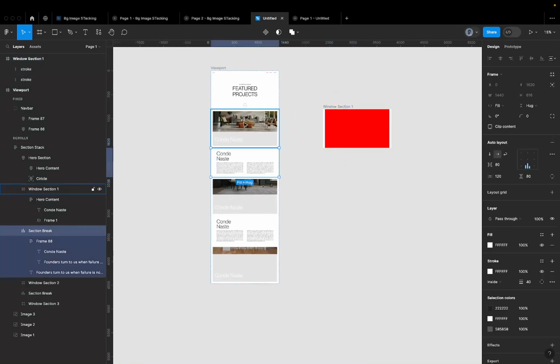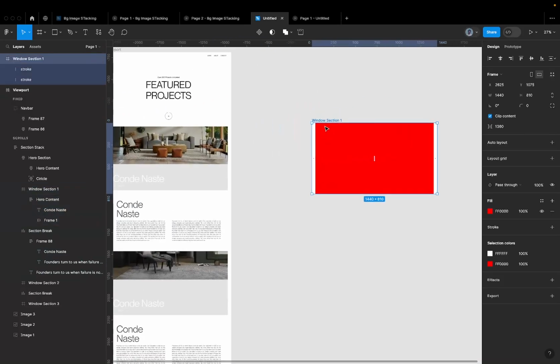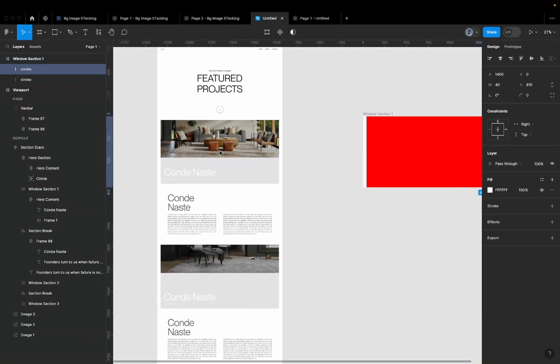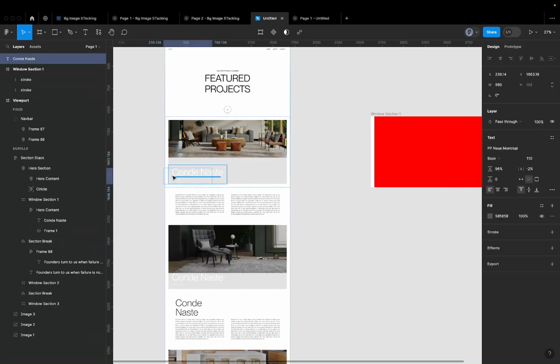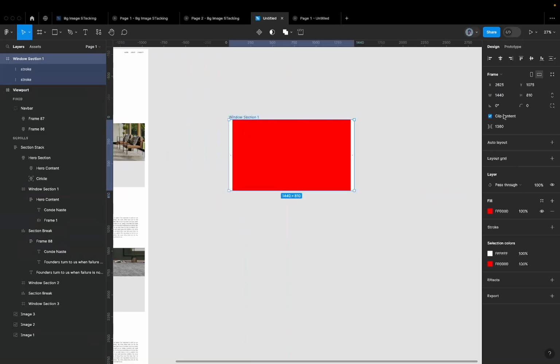Okay, something is messed up. 1440, yeah. So the window section, I want to make sure it's 1440. Okay, cool. So the stroke, yeah, you have the stroke as 40, which is the same as the other strokes that we have here as well. So I'm going to then turn on clip content for the window section, and then duplicate